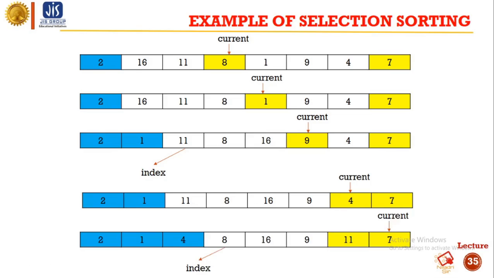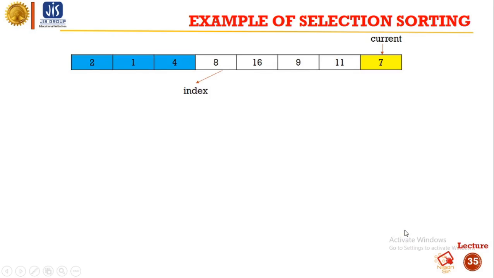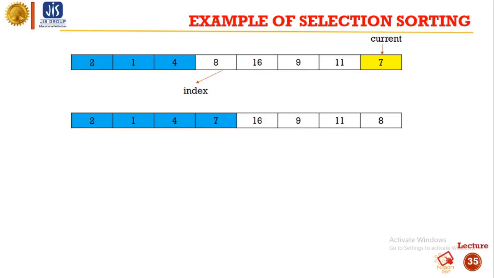And the index value has been incremented and current value also incremented. As you can see, the current position is now at the pivot position. So the pivot element and the current position are the same values. When this situation occurs, then we will exchange the pivot element with the index element. That means 7 will now come to 8 and 8 will come here. Why? Because this 7 was the pivot element, and now that pivot element is now the current element. So it will come here, and it will come there. So as you can see, 7 has come to its final position.